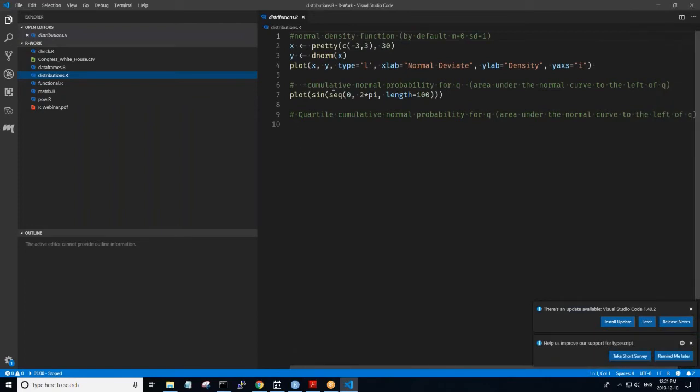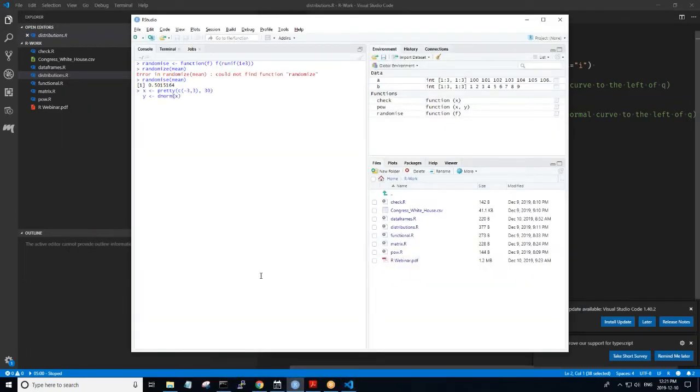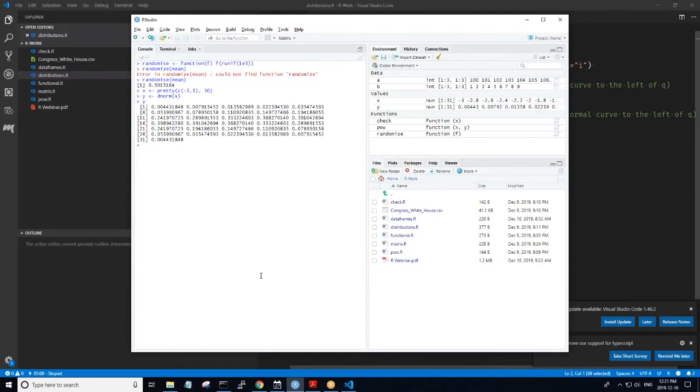I can pull up various kinds of probability distributions. In this particular case, I'm going to pull up a probability distribution. So let's take a look at Y. What I've done is I've created a normal distribution that's been normalized, and I stored that in Y.